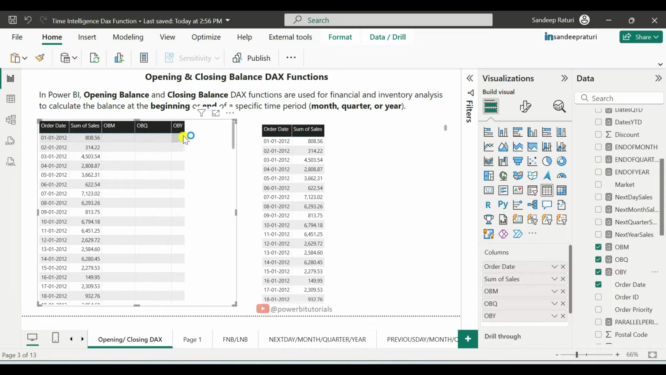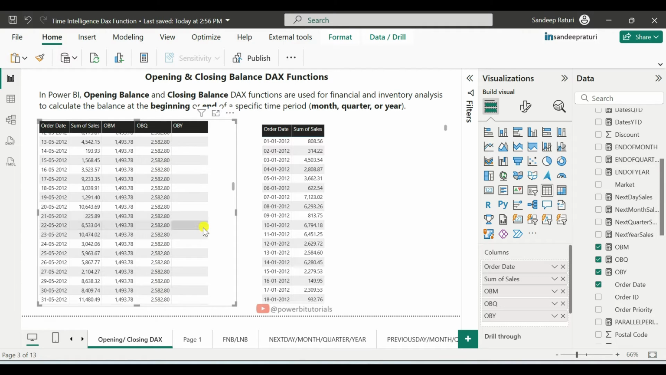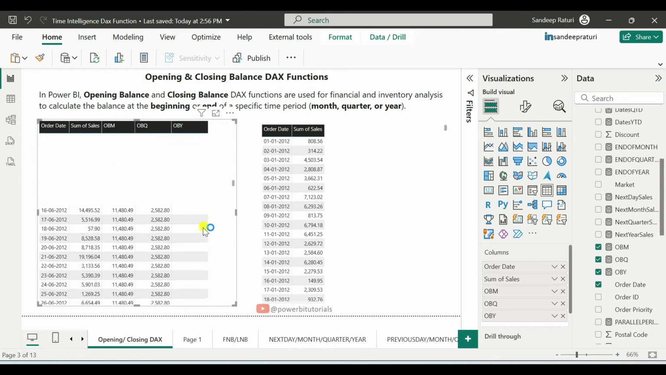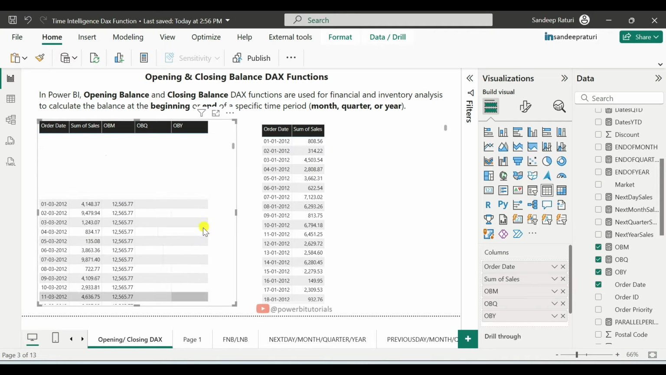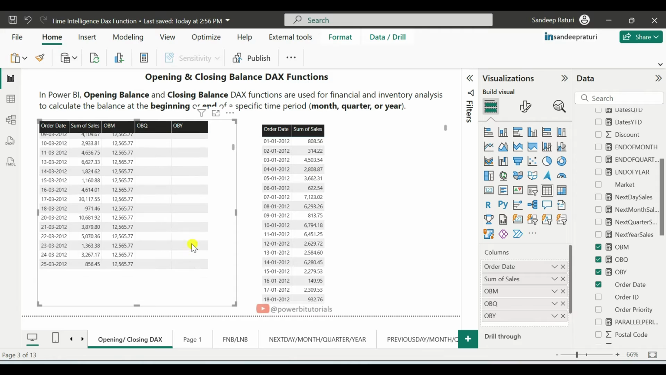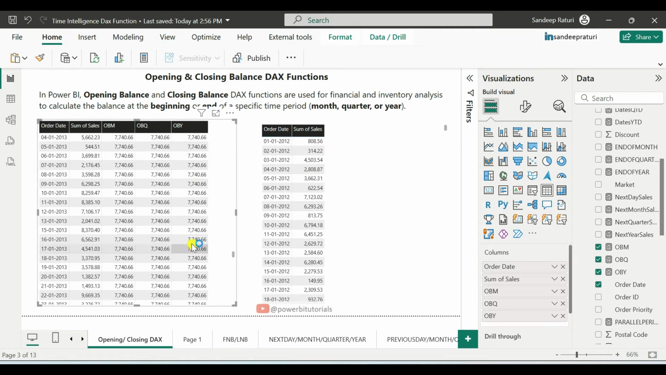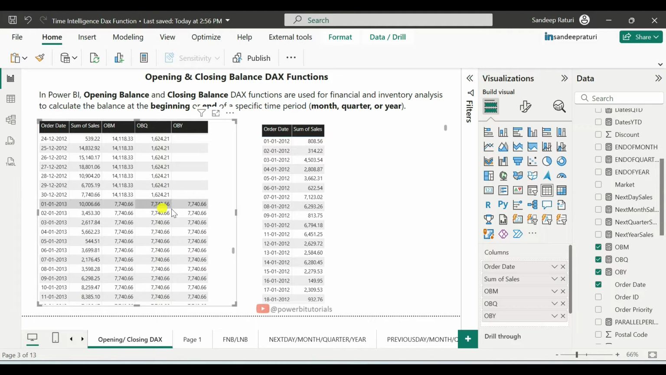So this is the opening balance year result, and for the first year 2012, as you can see, it is showing a blank result. The reason behind it is that there is no prior balance from the previous year. So that's the reason for the year 2012 it is showing blank values. And for the year 2013, as you can see here, it is showing 7740.66,